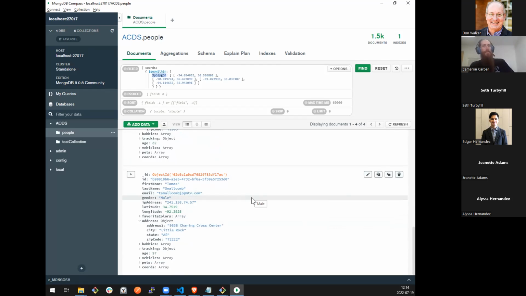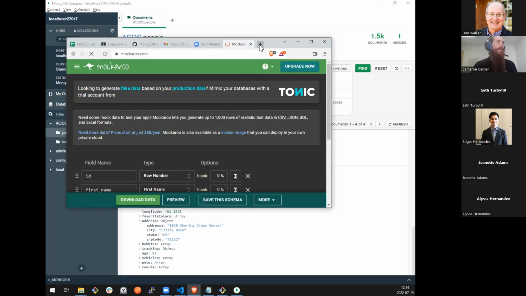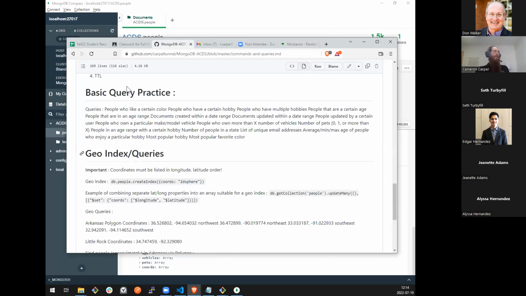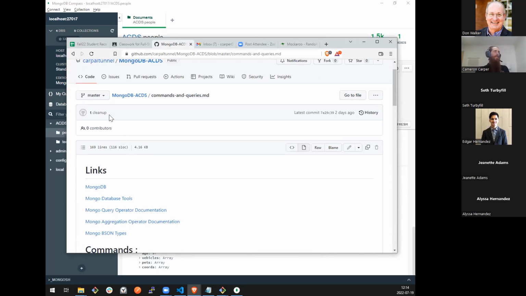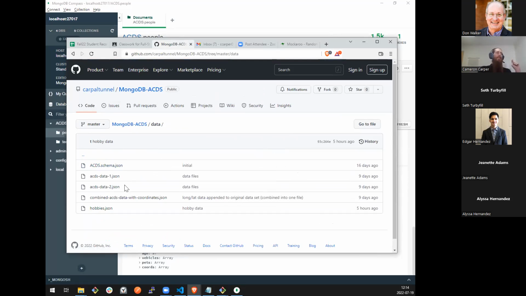Okay, so say that again. The randomized pseudo data that we're looking at here with address and hobbies and whatnot is not ACDS dash. I had your GitHub up for a minute there. So it's that top one. Yes, this is the schema.